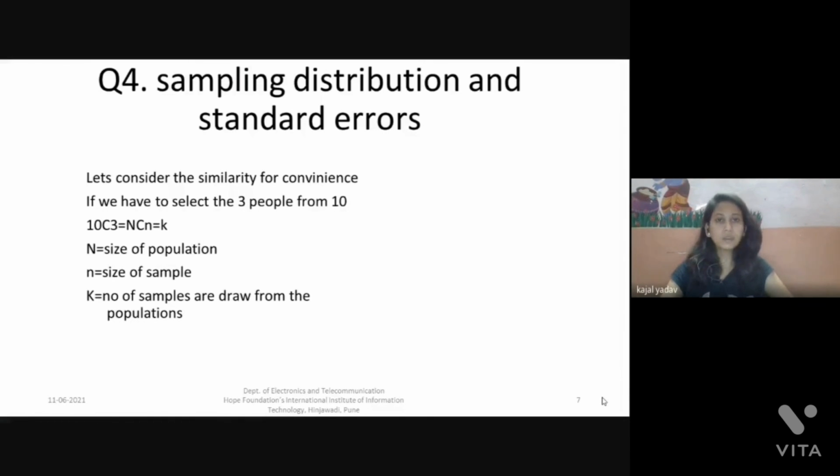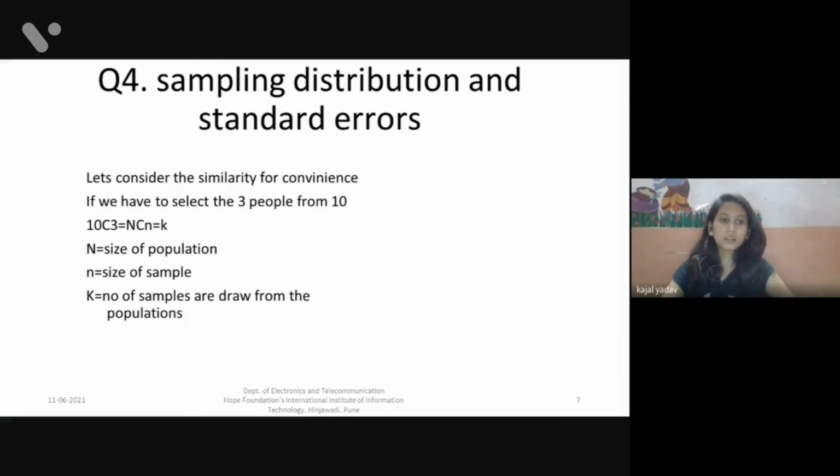In the same way, we compare it with the sampling distribution when we have a population of size N and the sample is small n, so we can represent it as NCn, which will create the k samples.